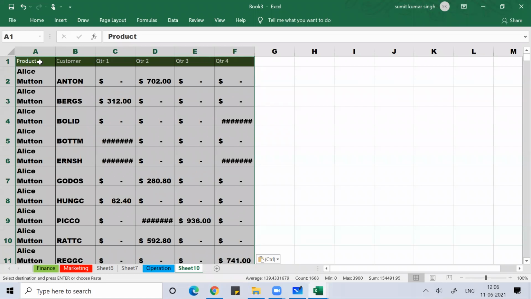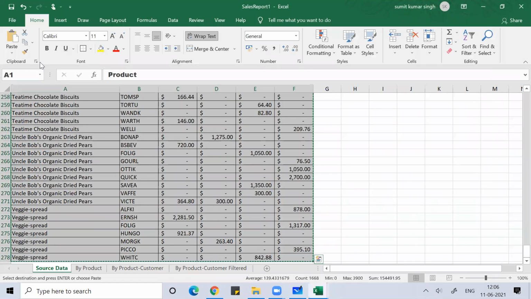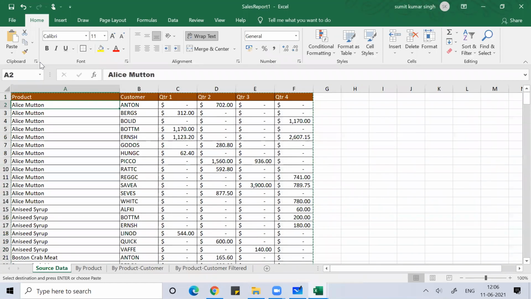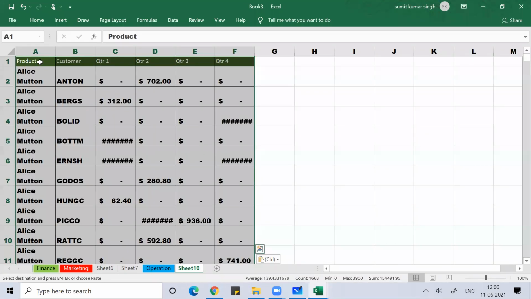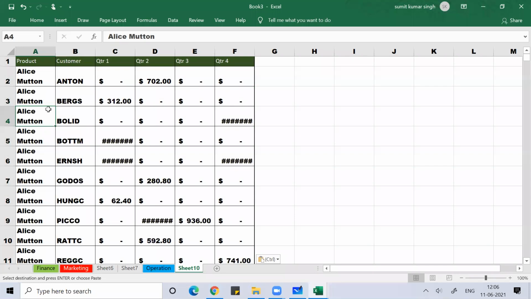Now, the moment I paste, guys, this is different from the source data. See how it was looking, and now see how this is looking. This is looking very bad, and it is coming with some alien sign, hash. Like when I'm typing a comment on Insta, so much hash is there.